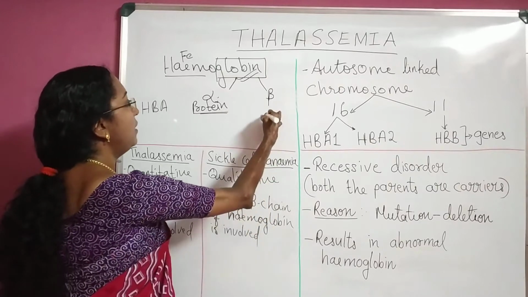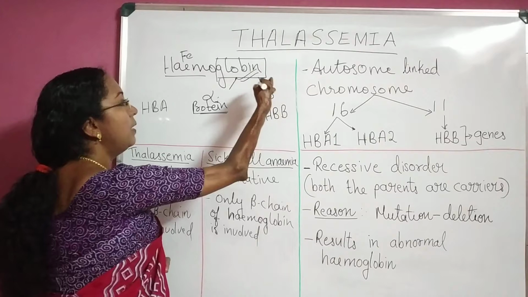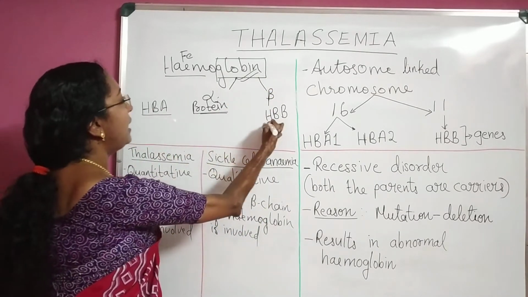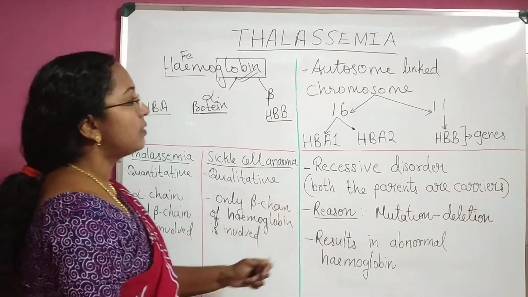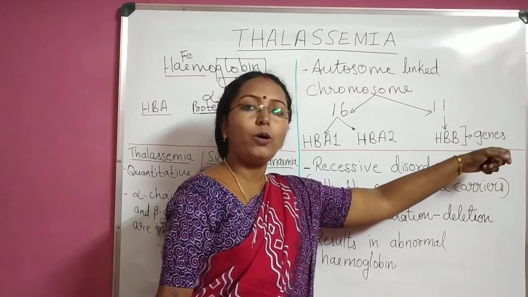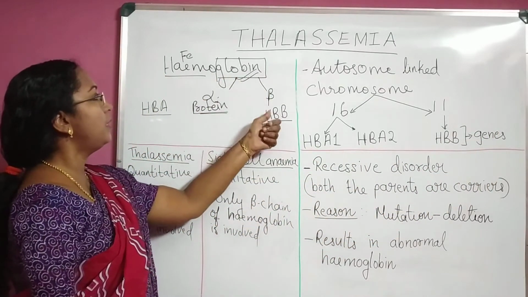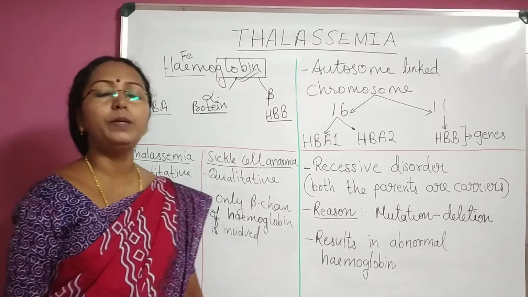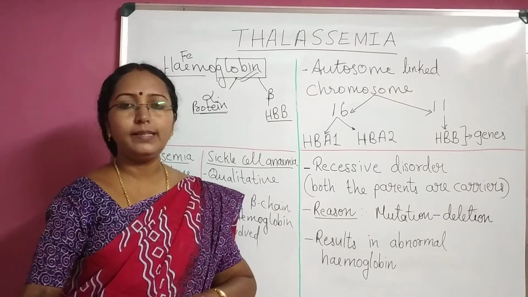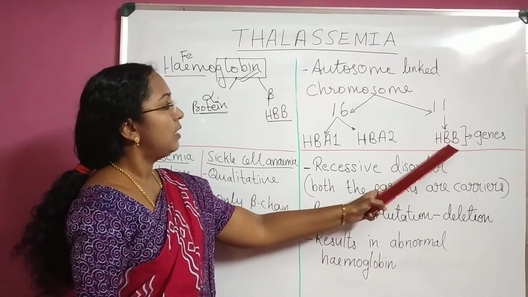The gene will be HB for hemoglobin and B for beta chain. So HBA and HBB are the genes responsible for the production of the proteins alpha globin and beta globin respectively. I hope that point is clear to you. These genes, HBB,